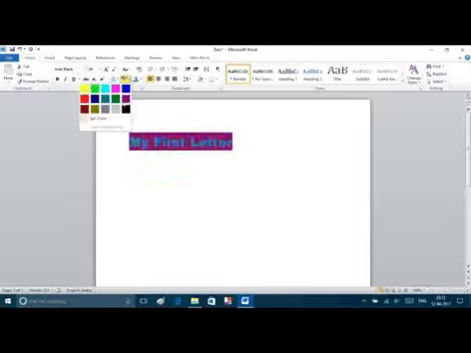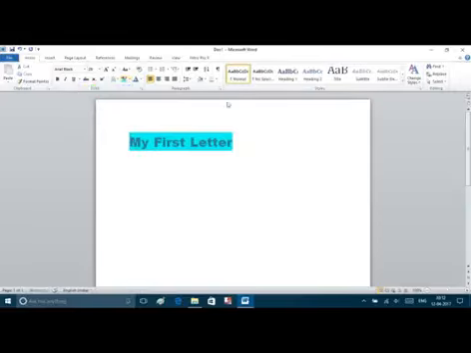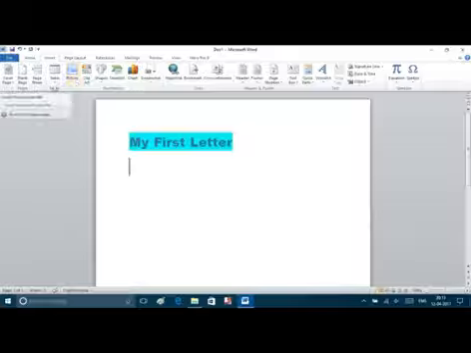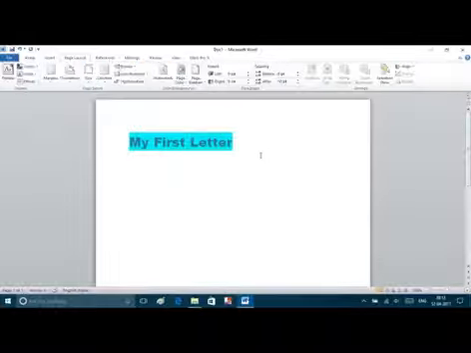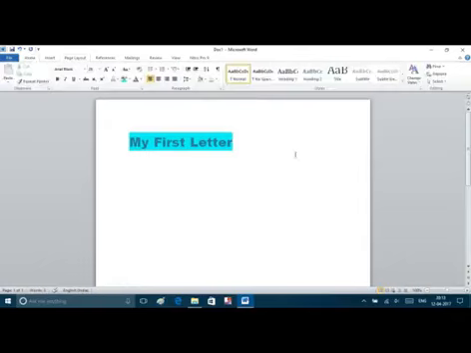You can highlight it from here, and so on. You can do a lot of stuff. You can just press Enter and go to the next line. Then you can insert a lot of things. You can insert a table, picture, clip art, shapes, and then you can change the layout. You can insert themes and a lot more things. So this is just the basic one. So that's it. We'll now look at